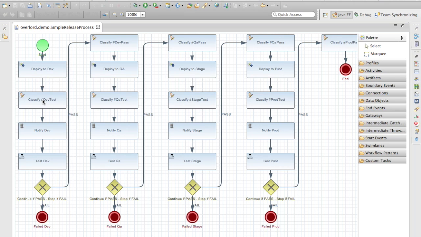After that's done, it qualifies it as being in development test, and the developers get a notification so they can do a smoke test on this artifact, make sure everything looks okay. If the smoke test passes, then they can go to their human task and mark it as pass. Then it will continue and do the exact same thing for the QA environment, as well as for stage and